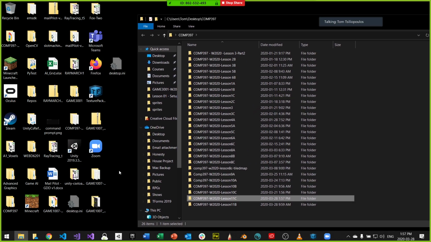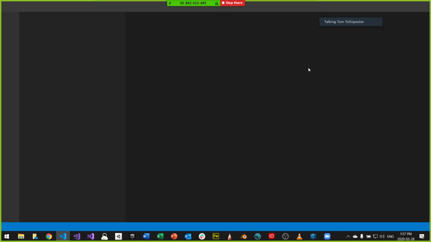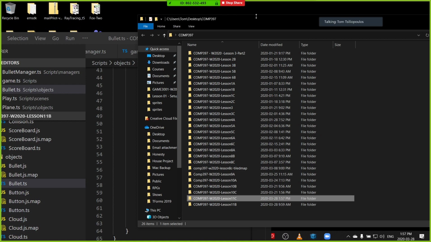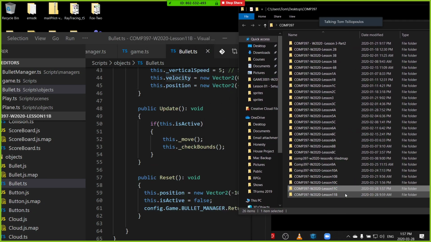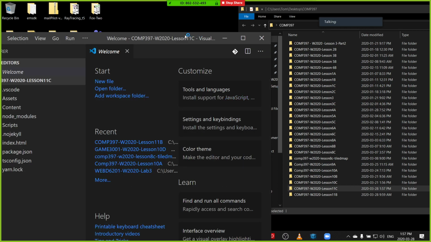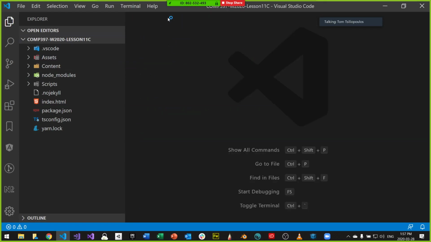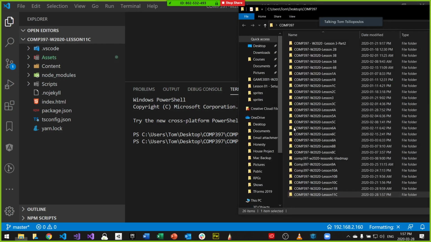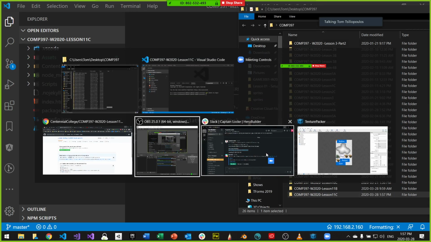It's all regular stuff. So again, we're bringing up VS Code, and we're just going to drag and drop 11C in it. There we go. And just like normal, I'm going to press Control Backtick, and remove the origin remote and get the new information from GitHub.